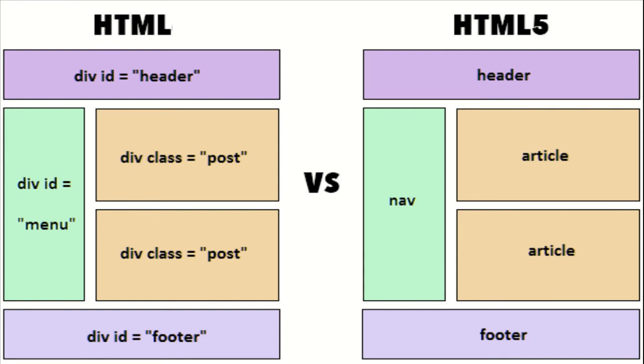Before, we used to write div class post, which is now replaced by article. If you remember, in the earlier video I had explained the difference between id and class. You can easily understand id and class with the example of this slide, this image. We are using header, menu and footer ids only once, but since we have to use post multiple times, we are using class, not id. Now back to the HTML and HTML5 structure. In the earlier version we used to write div id footer. Now we are simply using the footer tag.